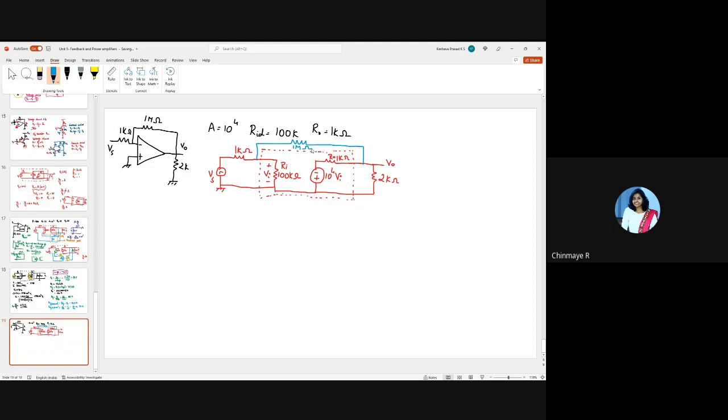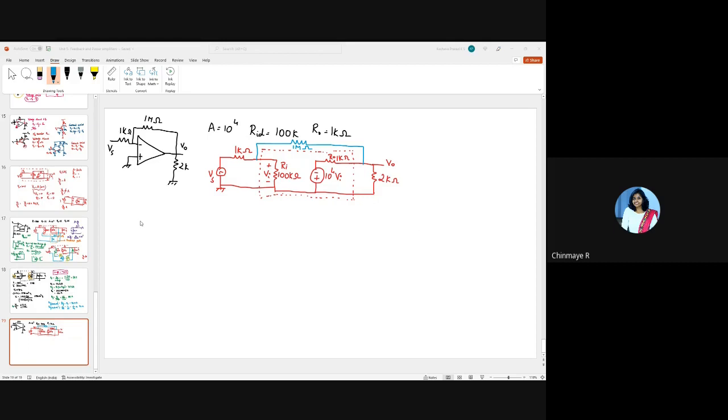Any doubts in the block diagram? So first we draw an open loop amplifier of the op-amp, and then we connected a feedback resistor across it, similar to the way it's connected in the inverting amplifier. Okay, what did we do next? So now we are supposed to find out how this feedback resistor affects the output side of the op-amp as well as the input side of the op-amp. Correct? So that's what we are supposed to find out next.